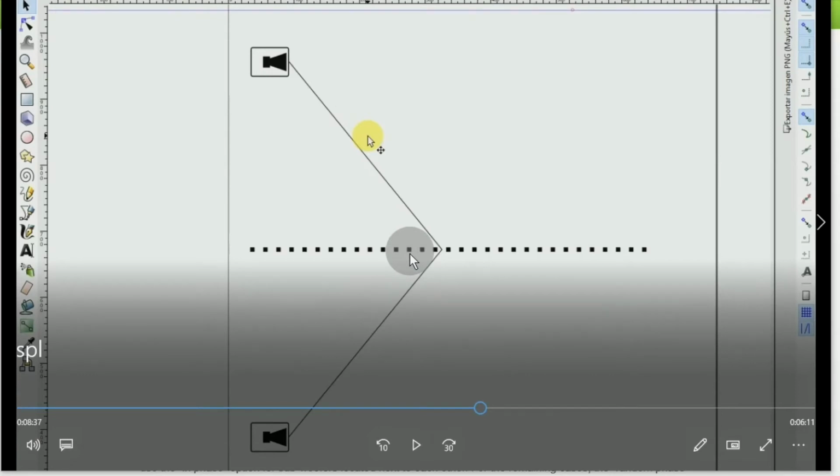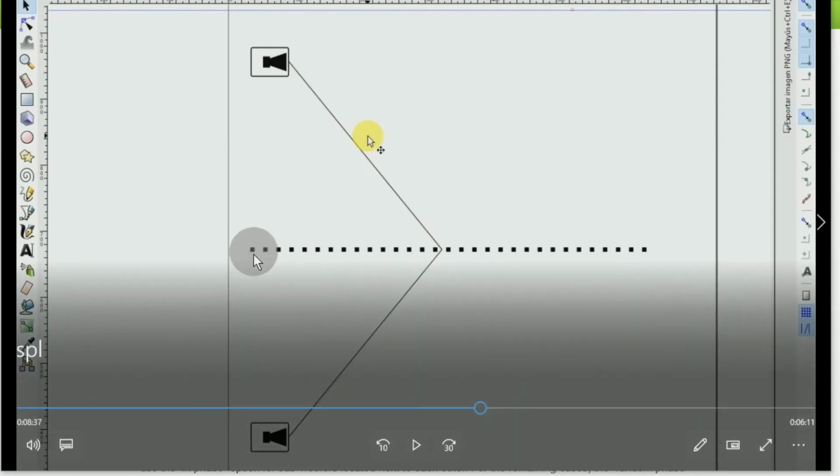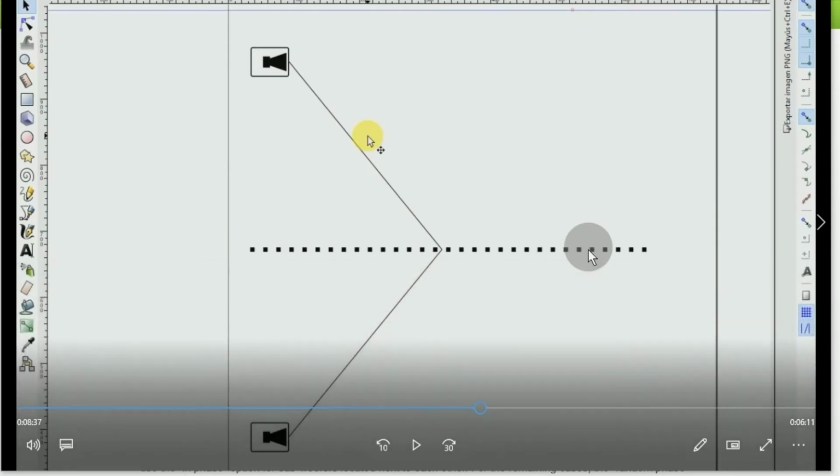However, if we have the same 2 speakers carrying the same signal, the only points in space where the contributions from the 2 speakers arrive at the same time is this center line here. So only points along this line would get a total summation with no interference, therefore 6 extra decibels.